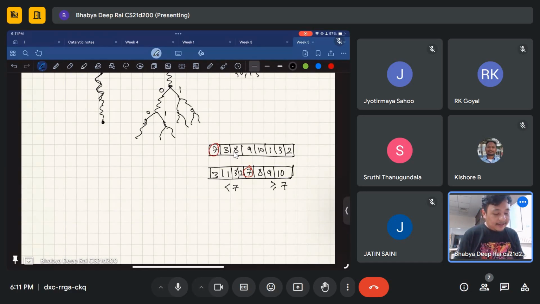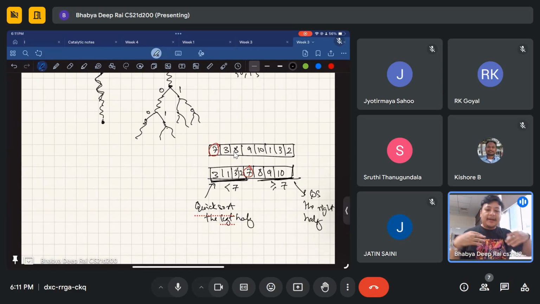Now what do I do? I recursively use quicksort on the left half and quicksort on the right half. I again apply the quicksort algorithm. Maybe next time I choose 3 as pivot, and then I partition again. What is less than 3? What is greater than 3? And so on. The problem is,